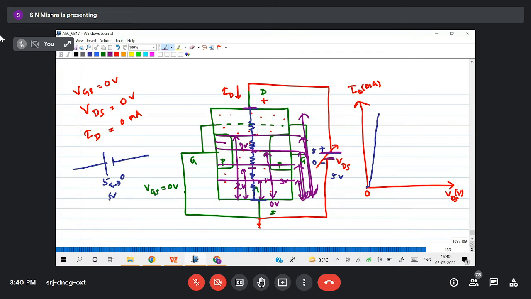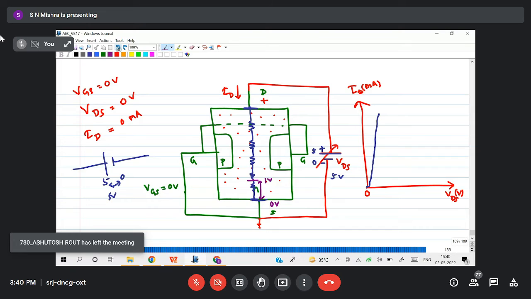Now, at this condition, what is my junction voltage? See the PN junction which is reverse biased. See,